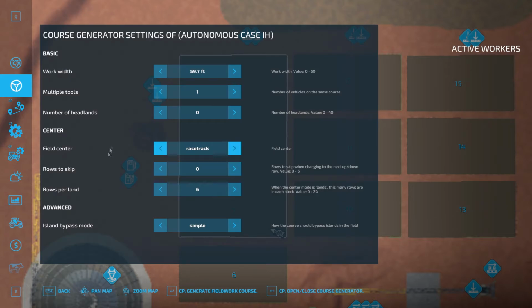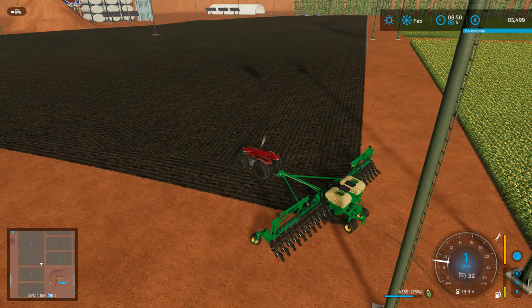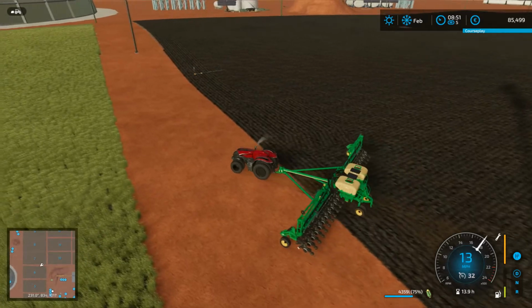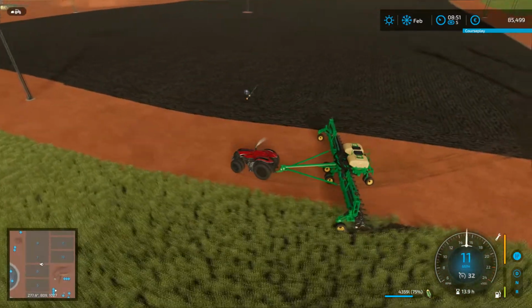So let's see, we got the one tool, we don't want to do, okay, we're going to do that. Yeah, let's close that, so it's going to start down there, do an assortment of headland, racetrack, like circles, and end up over there. Cool. Okay. Let's go over here and get it started. And while that is doing its job, we shall go and see about the...